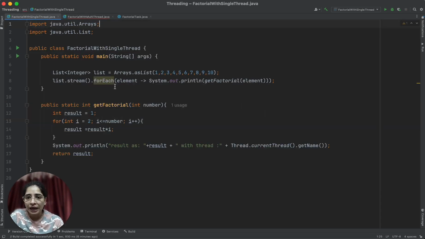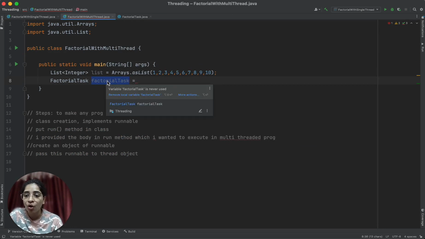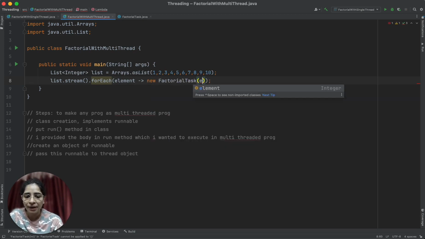I told you that I have a list, so I'll just copy this same list over here. So I have to create an object of factorial task with all the numbers that are present inside this list. I'll have a stream in which I'll do forEach for every element coming from my list. For every element that is present in my list, I'll create a new object of factorial task and I'll pass this element.